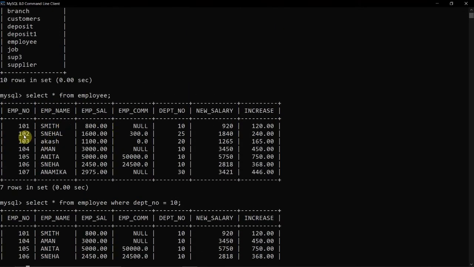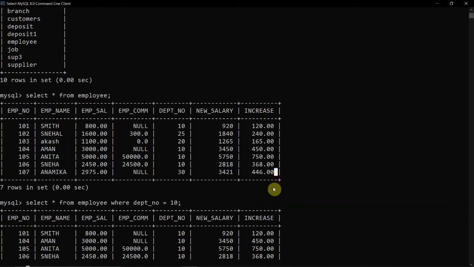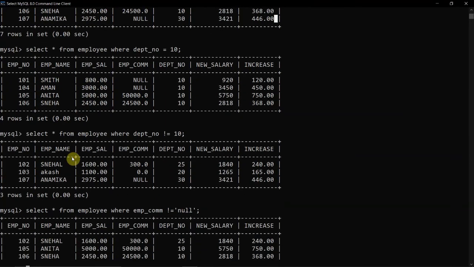Suppose I want to get the data from the database of an employee whose salary increment is greater than 500. Here there is an increase column for the increment, and only one entry is greater than 500, that is 750, for Anita. So how will we write it?